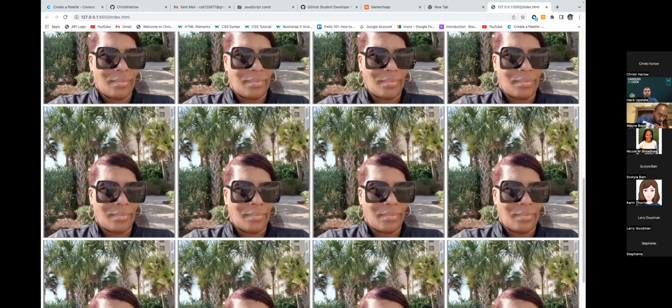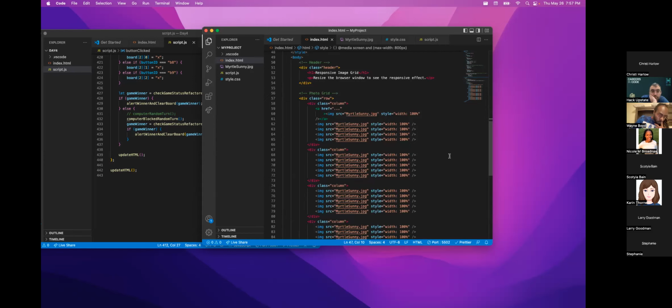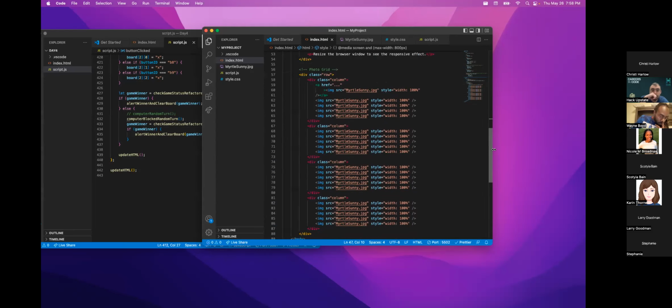So I made a race. I was playing around with an image grid, and this is the code I got, with some index.html in here. The other day when we were doing the tic tac toe, I need to change these to either buttons, I think, or I'm not sure. So I was trying to play around with it to see if I could turn these into buttons. I want the images to be buttons, so I'm still working on that.